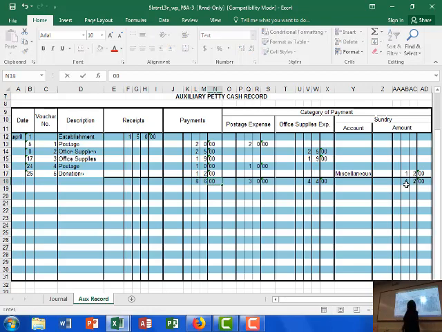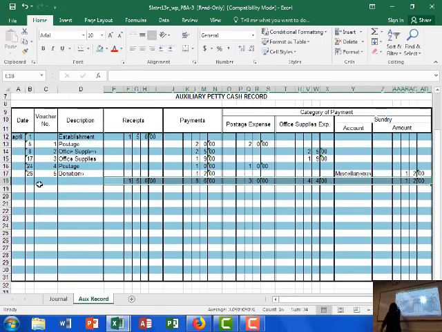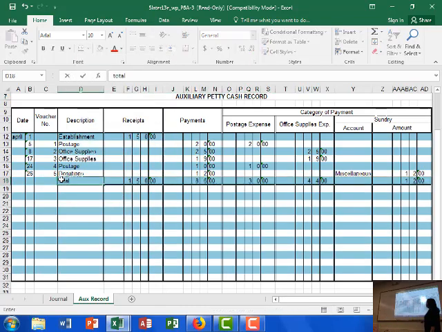Alright, so what we're going to do now is make sure, remember this is the receipt, but we're actually going to begin to total, and it should say total here, total up all the amounts that we have. Remember your receipts are 150, your payments are 86. Don't get freaked out by this, because this should total to 86. Yes, it does. So your postage expense, your office expense, and your miscellaneous expense should all total up to the payments you made on your vouchers.